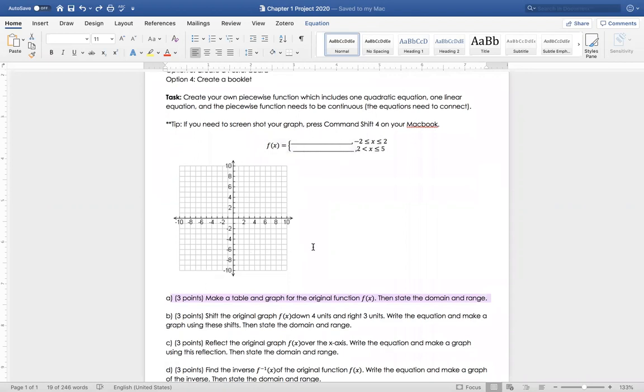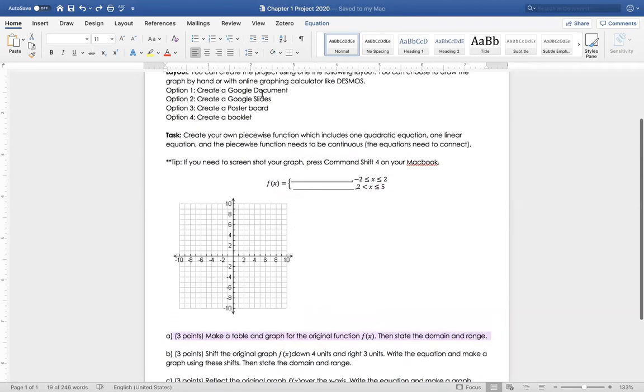and part A. And so what you can do is either take a screenshot of your creation, or you can send me a link if you've created a Google Doc or a Google slide. So I'll show you guys that later, but to get started here, I'm gonna first start us off with creating